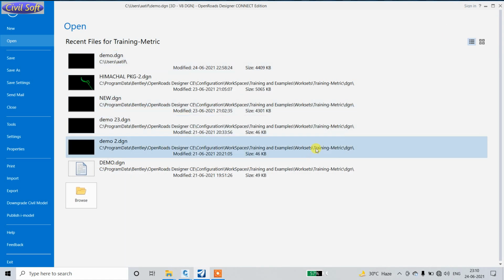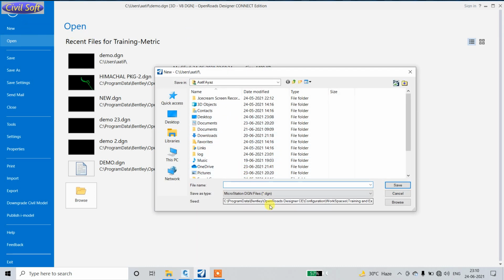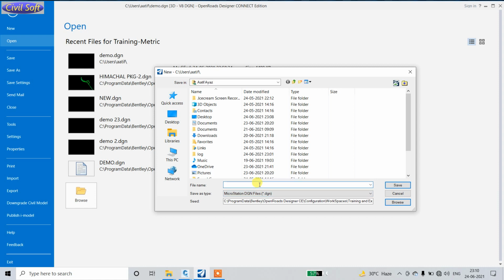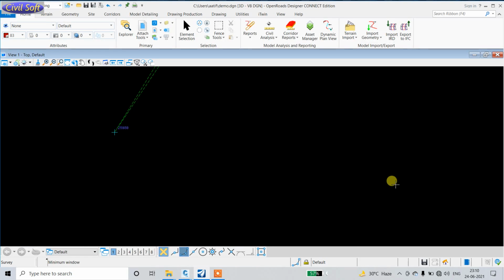Now I am going to open OpenRoads Designer Connect Edition. Just click on New. First of all, browse Civil 3D, open, mention the file name, save.